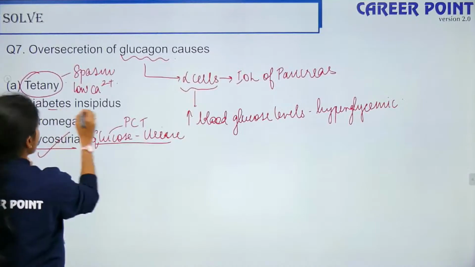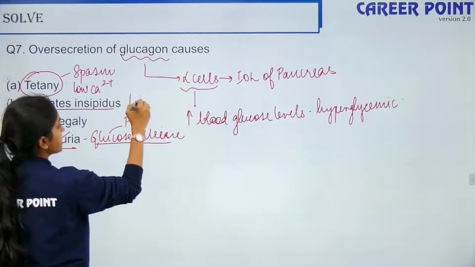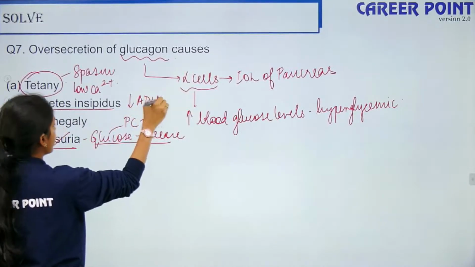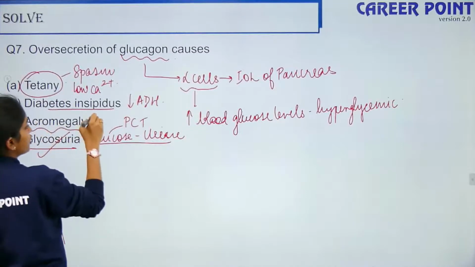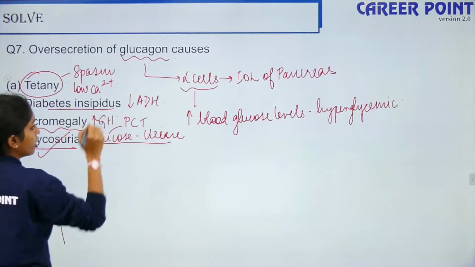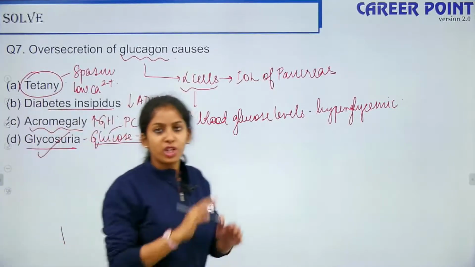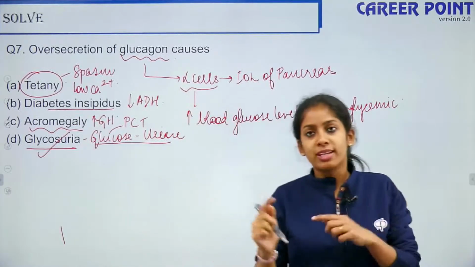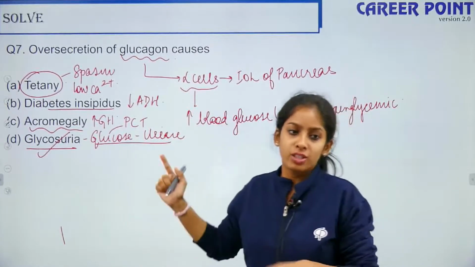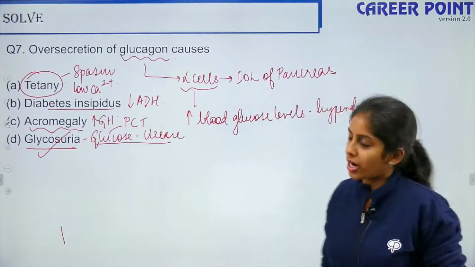Diabetes insipidus happens due to less secretion of your antidiuretic hormone. Acromegaly is due to increased growth hormone. So I hope you have understood. I have given you an idea of all the disorders. The next mentee that I will have will be in the disorders. Alright, yes, you were right, Kashyap.